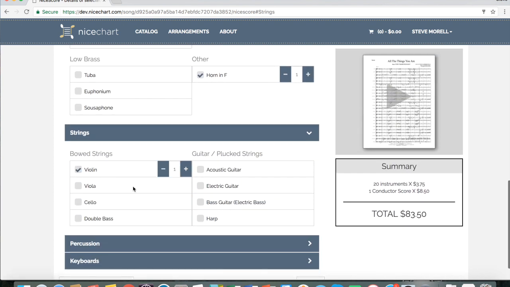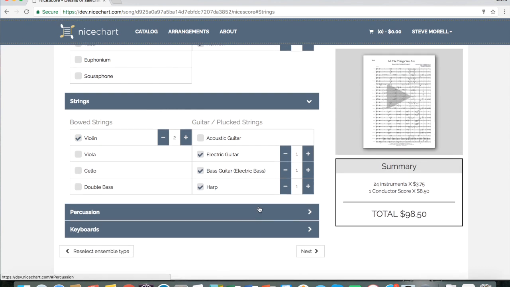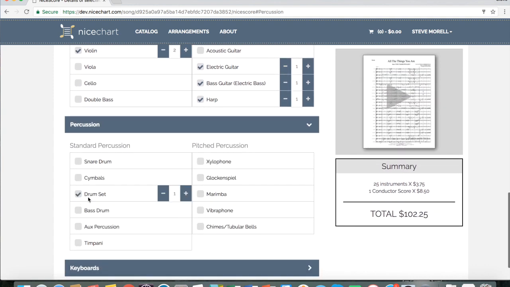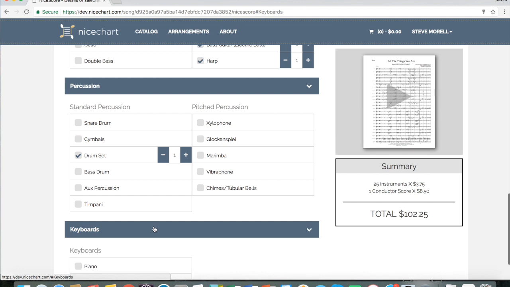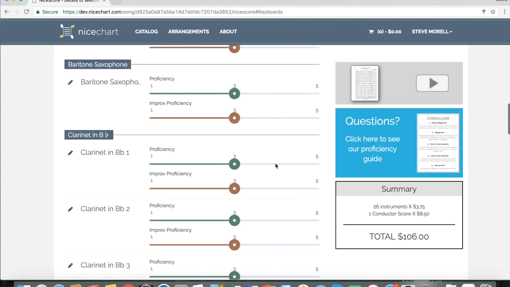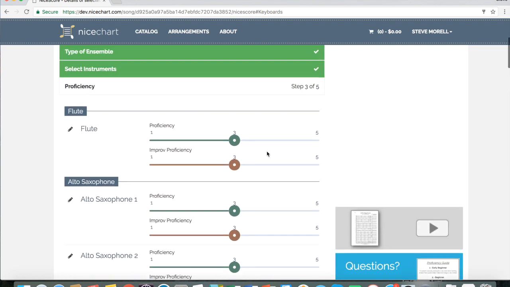So to that end, maybe a few violins sneak into this, and I don't know, a harp and a guitar. So we can add some percussion here. Let's add a drum set and, I don't know, piano. So on the next page, after we selected all our instruments,